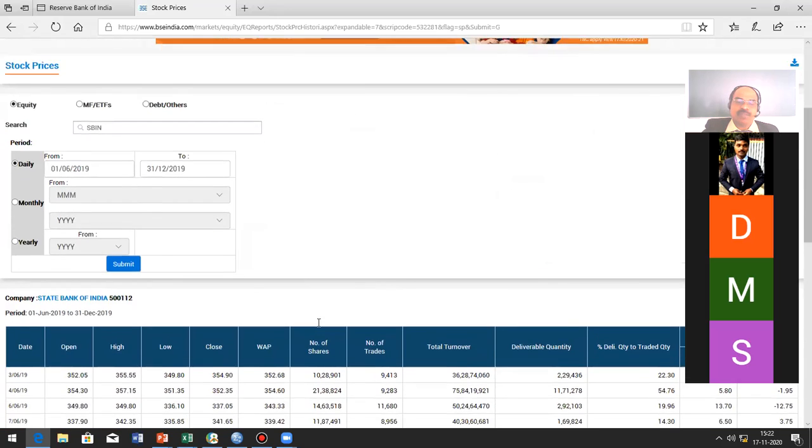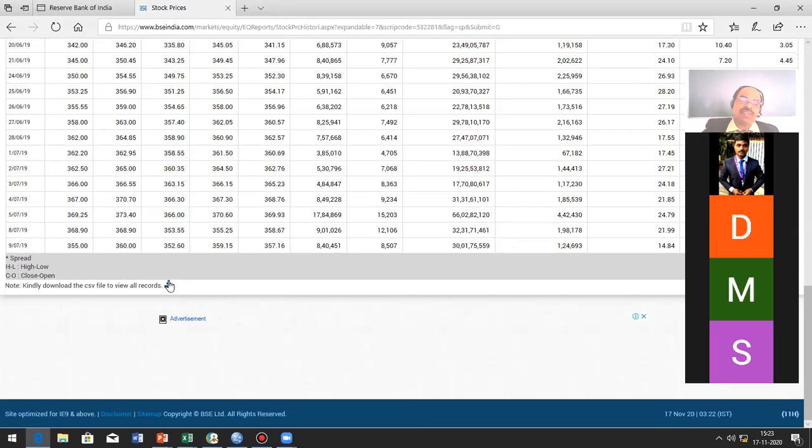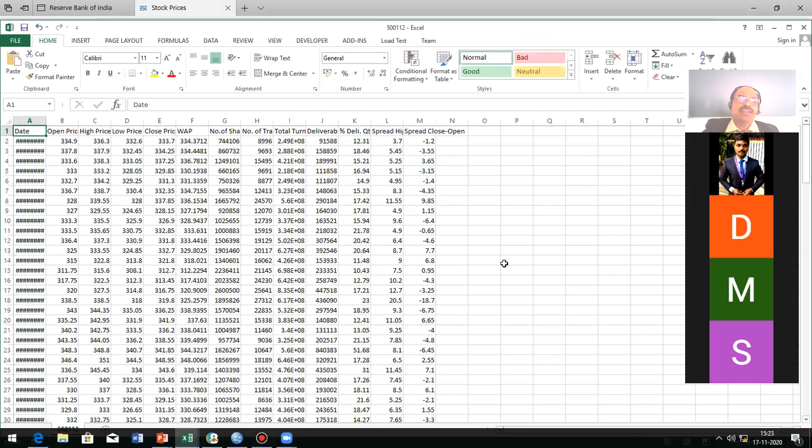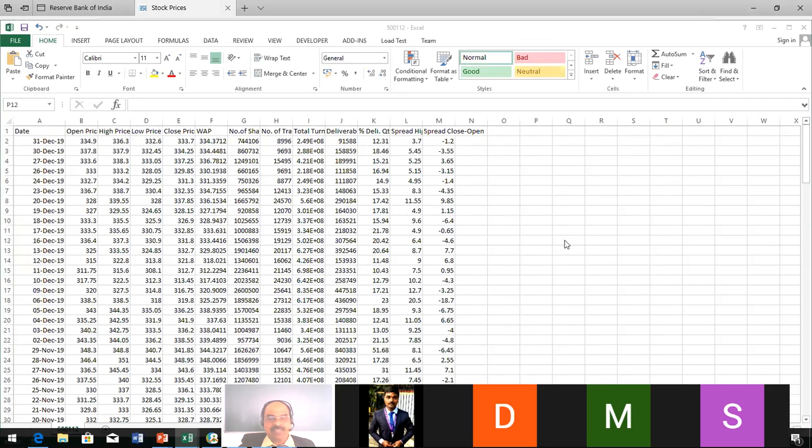Okay. The share price will come: opening price, high price during the day, low price, closing price, weighted average price, number of shares sold, everything will be there. If you want to get it in Excel, you can get it as an Excel file. Now you are converting it into the Excel file. But in the problem here, you can see it starts from 31st of December. Here only I told you, you have to use common sense. That is very essential for you.